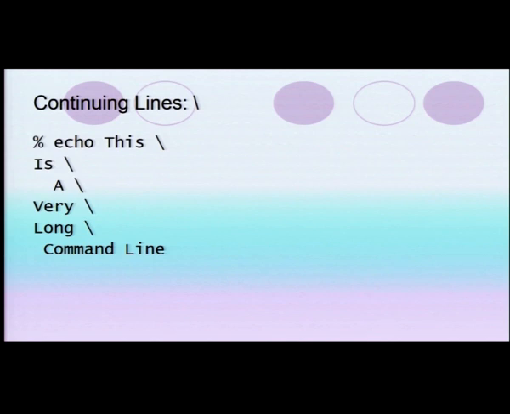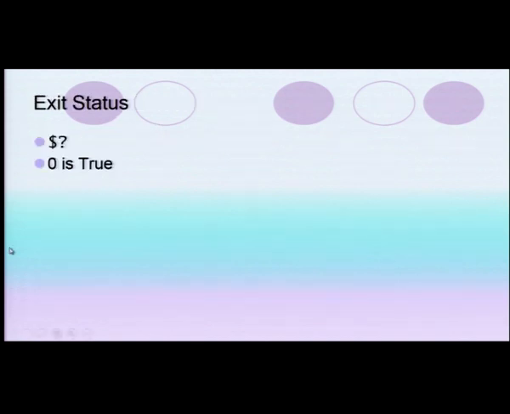Now, we talked about so many features of shell programming. These are the continuing lines. You put one command, one slash like this, you should write line by line. You can definitely write it as you go ahead. It is a single line. This particular slash is for a very long command line. It appears that it is typed on multiple lines, but is actually a single line. This is a feature of the way in which the Unix shell operates,